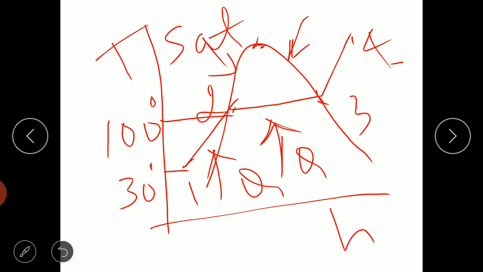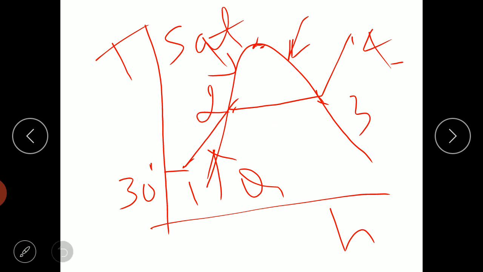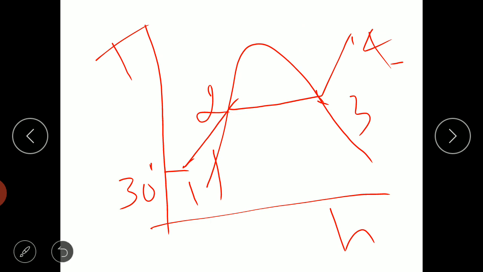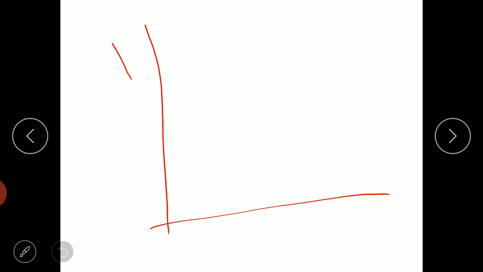So you can see 1 to 2, with the supply of heat the temperature is increasing, whereas there is no phase change, that is sensible heating. 2 to 3, with the supply of heat there is no change in temperature, but there is phase change. Okay. And one more important point. I hope this is clear. I would like to mention one more point, that the heat content